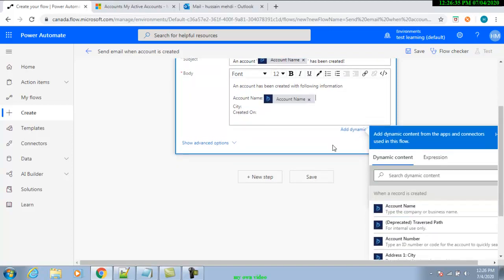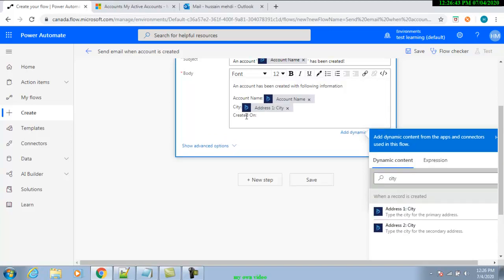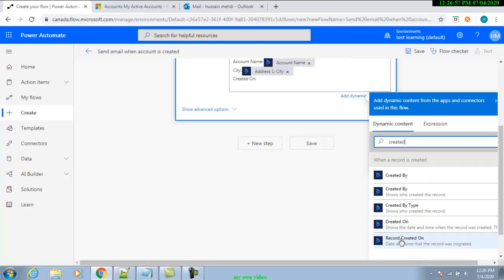So account name, city, you can search over here city, and created on means the created date. I can search created on over here. So it shows the date and time when the record was created,